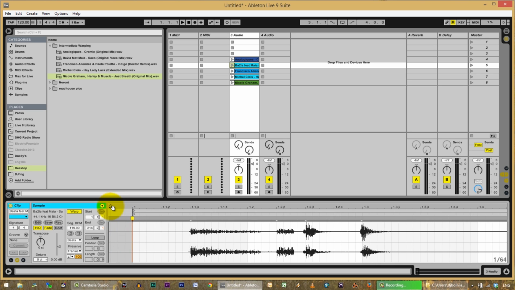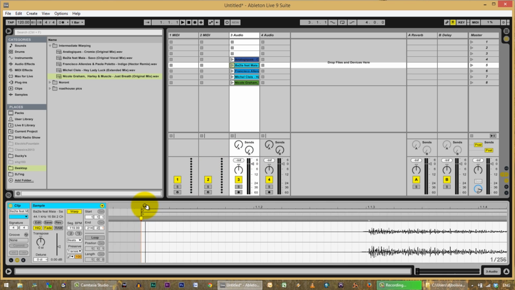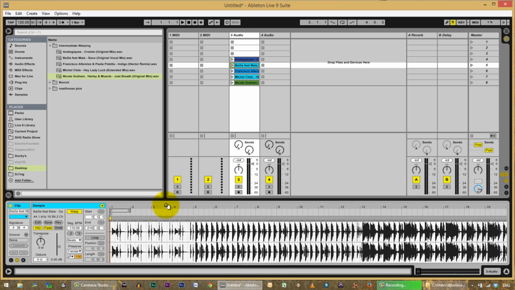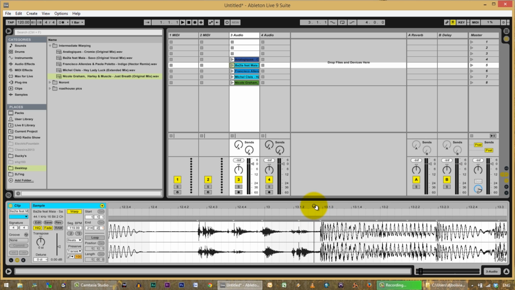So when you zoom in, and I'm going to presume you've already watched my basic warping in Ableton video, what's going on here? The first warp marker occurs quite a bit before the music. So if I zoom back out, let's go up to a point further in the music where we have an obvious downbeat, which you can tell by the thickness of the waveform view. So I'm going to turn on the metronome.